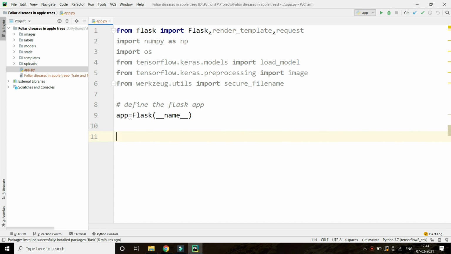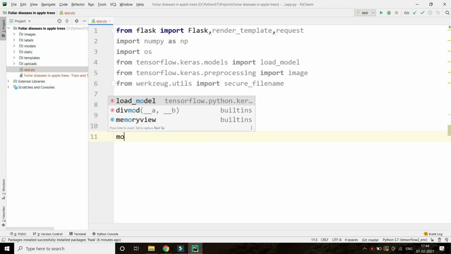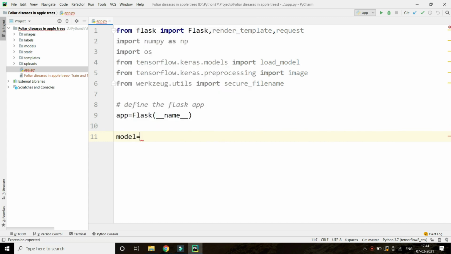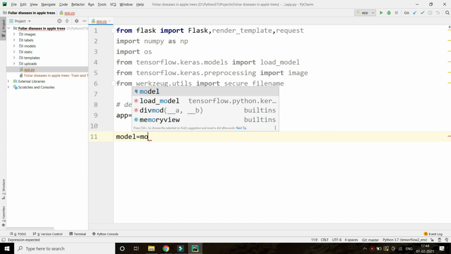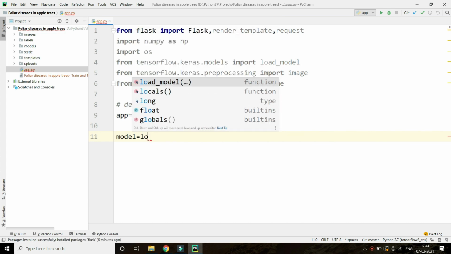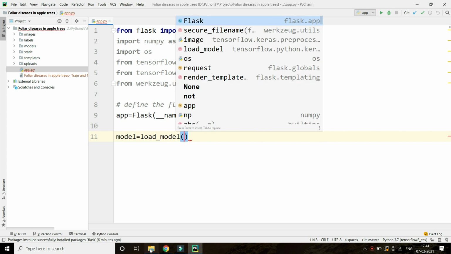Let's load our model. model = load_model. Which model do we need to load?